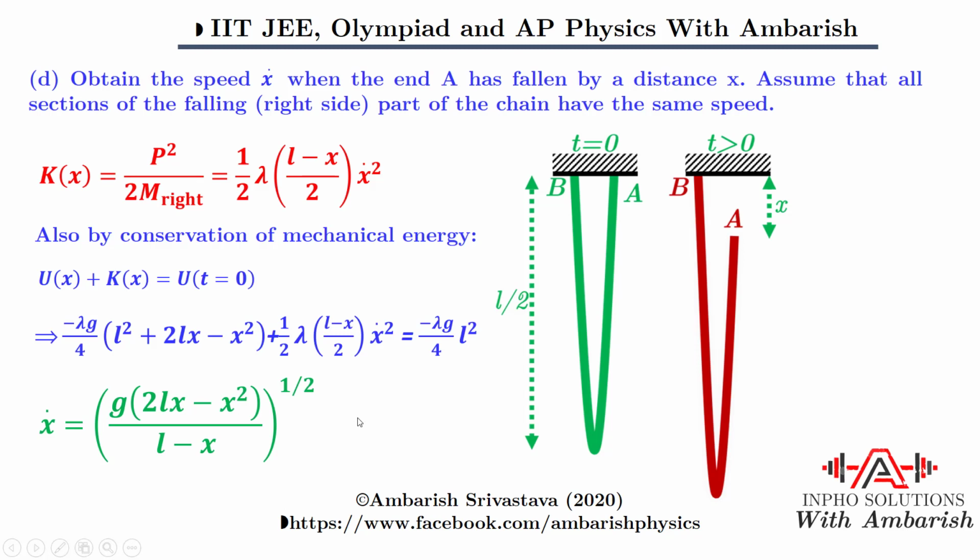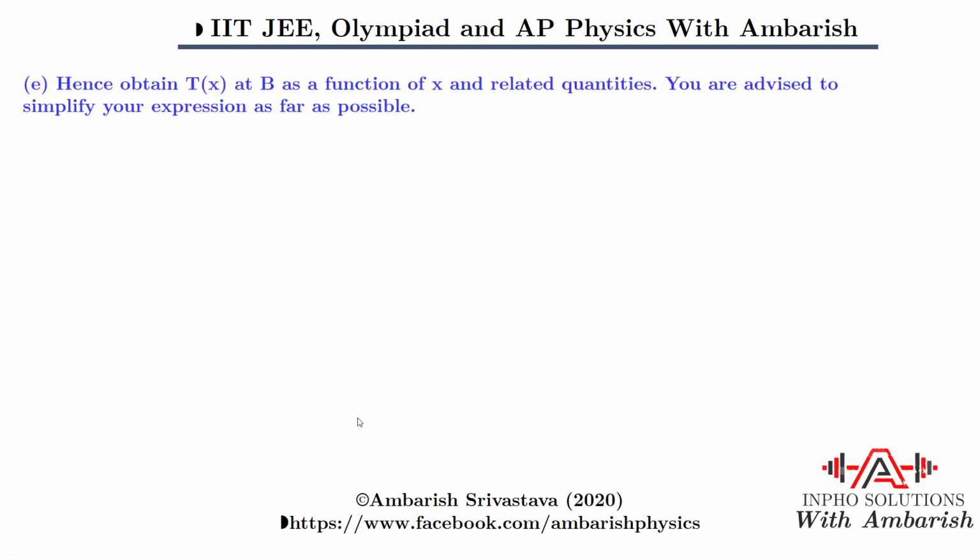Fine. Now let's look at the E part. So hence obtain tension T(x) at B as a function of x and related quantities. You are advised to simplify your expression as far as possible. Now, what's the approach here? So once I have the speed